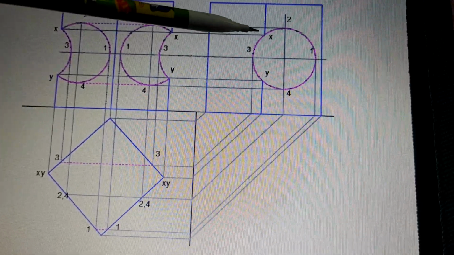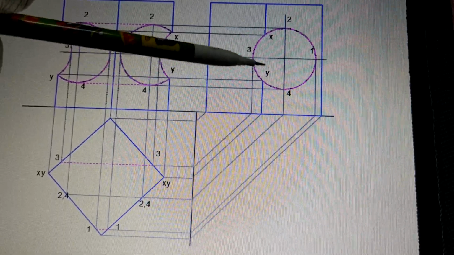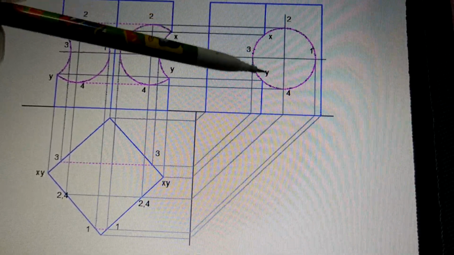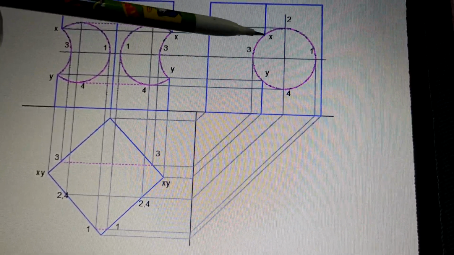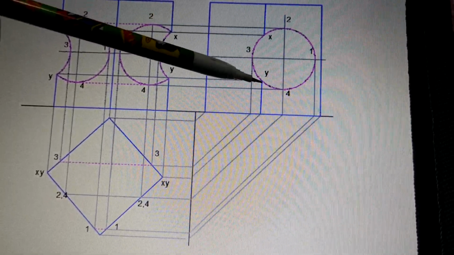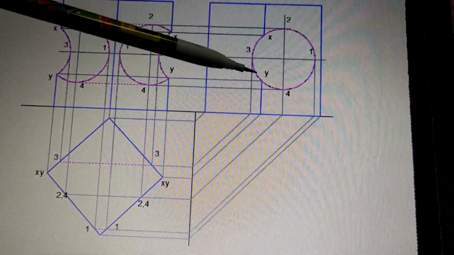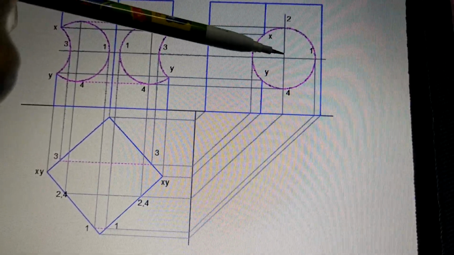Then this circle has intersected this edge. This is one edge, and that edge is intersected at this place. As a result, we are also showing 2 more points which are X and Y. So these are the additional points to be considered. Now having done this, let us see how we project these points one by one.